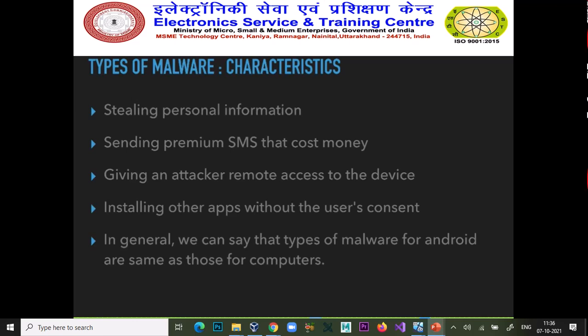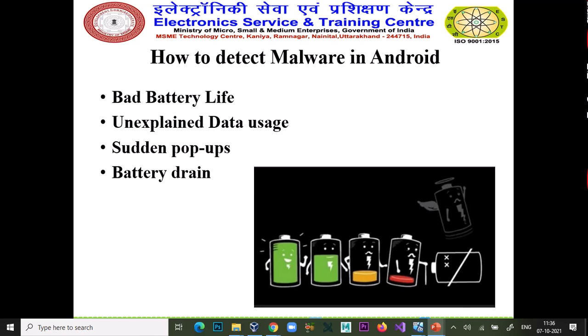In general, we can say that types of malware for Android are the same as those for computers, in very general terms. So, how to detect malware in Android, or in some cases iOS? The very first symptom is battery life, because if a process is running in the background, it definitely demands power.